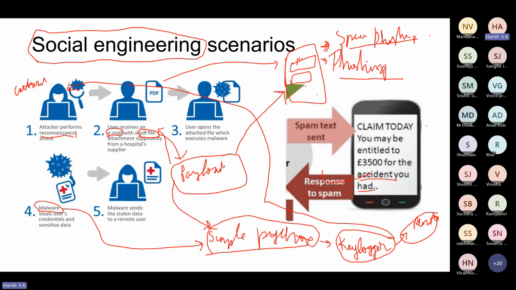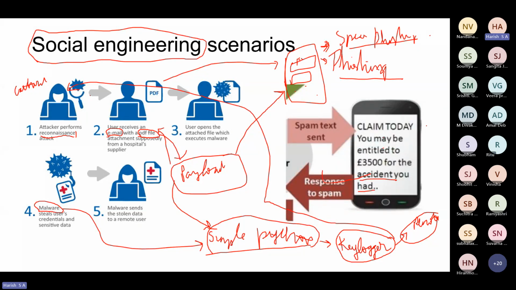Correct, correct. So essentially, these are scams. I would say it is slightly phishing, but essentially you are enrolling someone into something that is a scam, right? That's what's happening in the end.